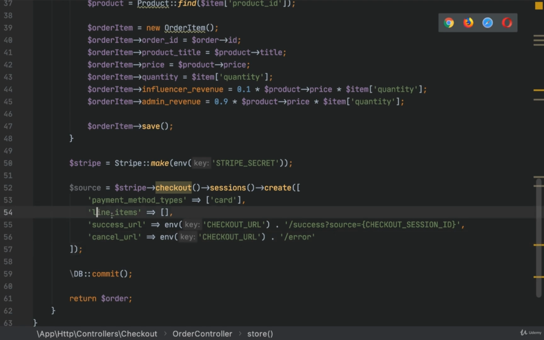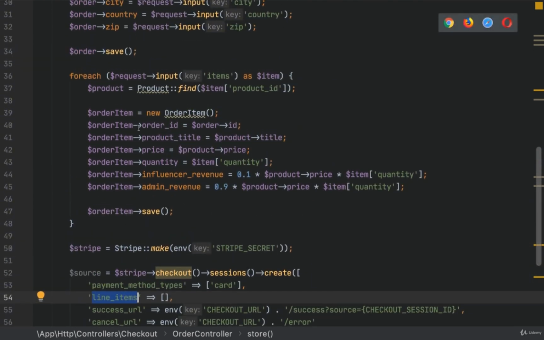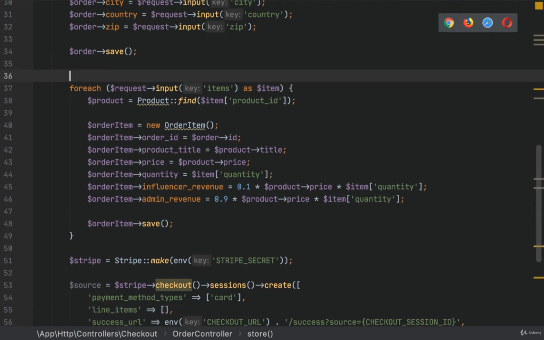Now we need to set the line items. So the line items are basically the products that we are inserting in the order items. So I will